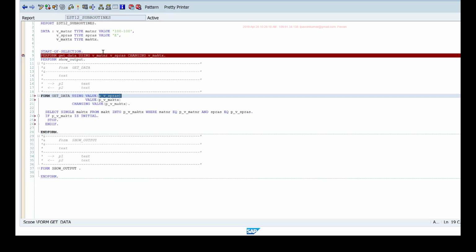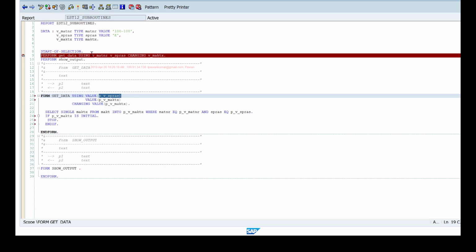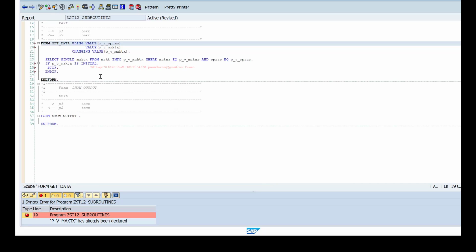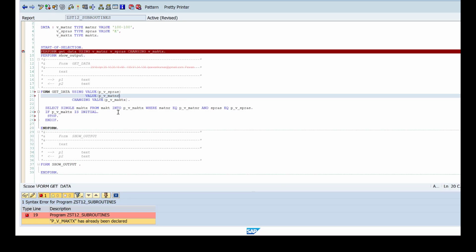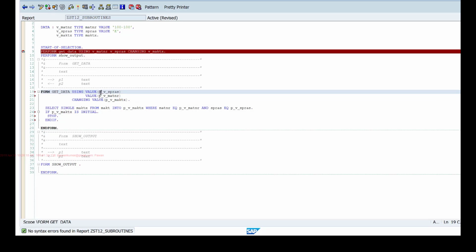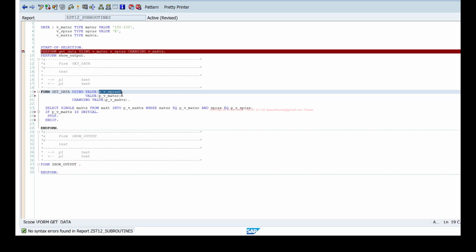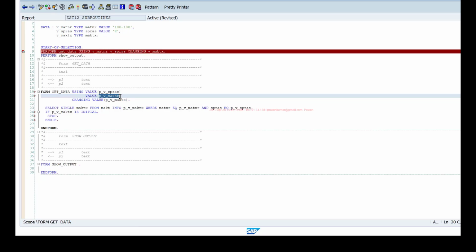If I write my code this way by mistake, then VMATNR will be passed to PV-SPRAS, which is wrong, and the system will not complain, because it doesn't know what this type is. It is assuming that you are passing this first parameter to this. The name doesn't matter. It will simply define PV-SPRAS as character 18 and since VSPRAS is character 1, it will define PV-MATNR as character 1 at runtime.